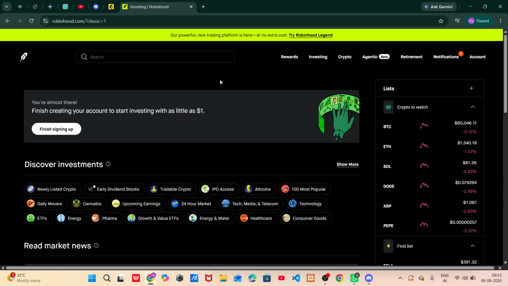Congratulations! You've successfully created your Robinhood account. Now, you're all set to start exploring and investing. Just remember to take your time learning about different investment options and to make informed decisions as you grow your